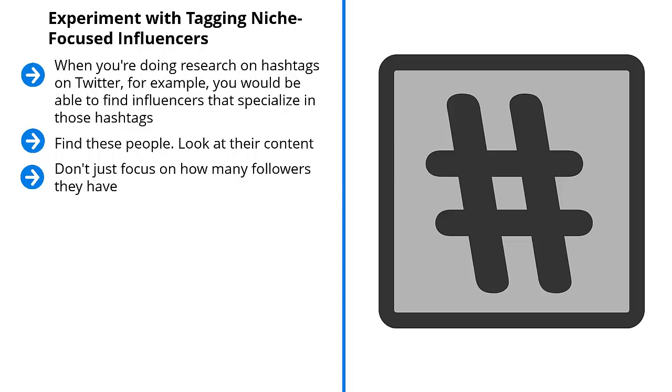Don't just focus on how many followers they have. Instead, look at the total amount of engagement they get, and also pay attention to the ratio of followers they have to the number of accounts they follow. For example, if I find Mike Smith to be a big poster in my niche because it seems that he just seems to rotate among the 10 hashtags that are most relevant to my niche, I look at his followers in relation to the number of accounts he's following. If he's only following one person, yet he's being followed by 15,000 people, Mike Smith might be an influential person.